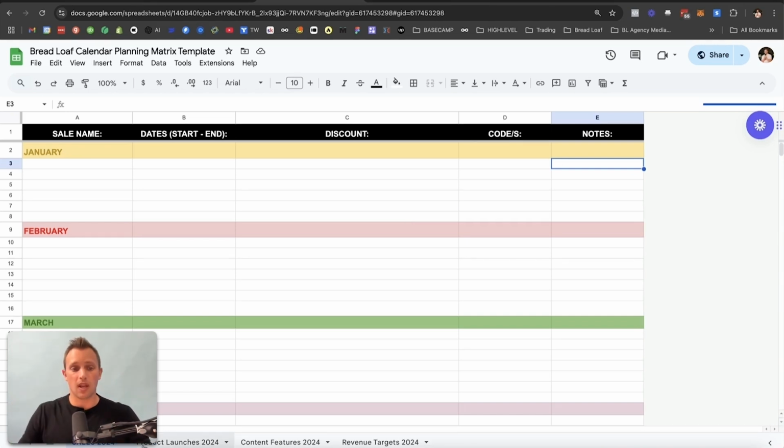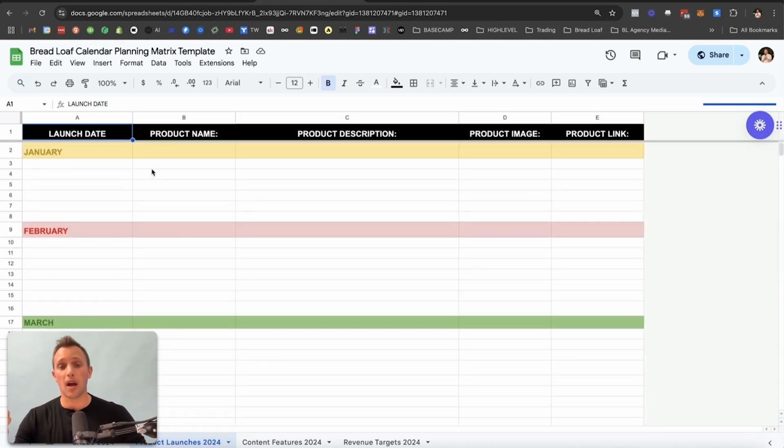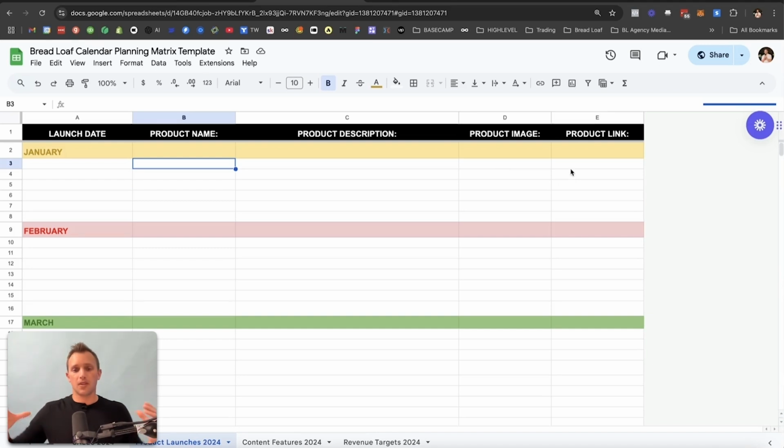So we start off with sales, then we go to product launches, right? You're going to want to bring out the launch date, the product name, the description, any links to images, product links if available. This is going to be where you let everyone know what you're planning to launch month over month. Once again, you're in D2C eCom. You need to be launching products monthly. And this will help you forecast out what is happening month over month so you can plug those dates into